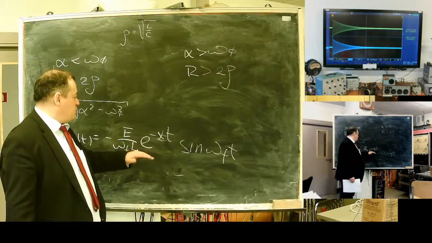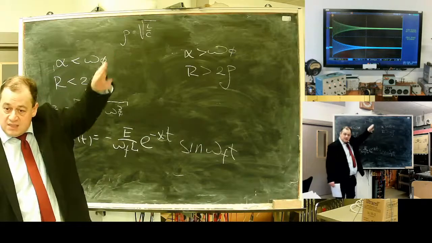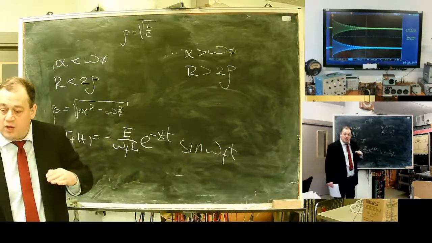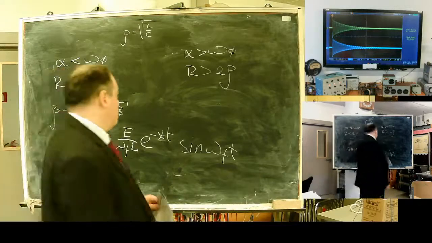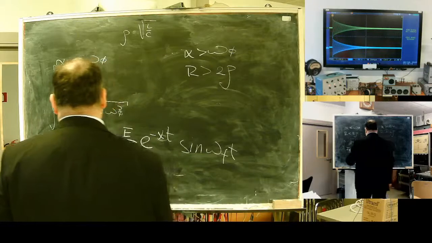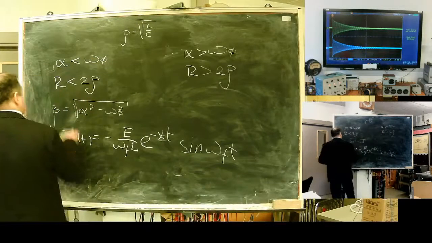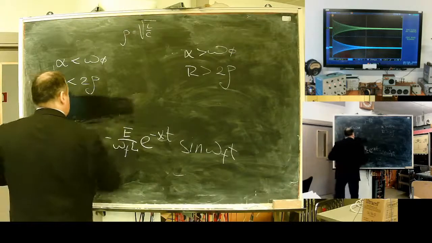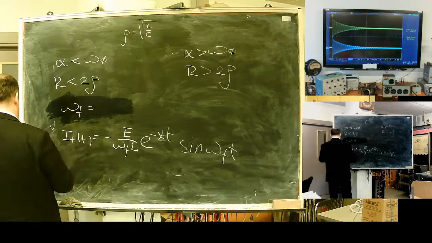What is called Rimsch's constant. Alpha characterizes decay, how energy disappears or is dissipated. And free oscillation frequency,